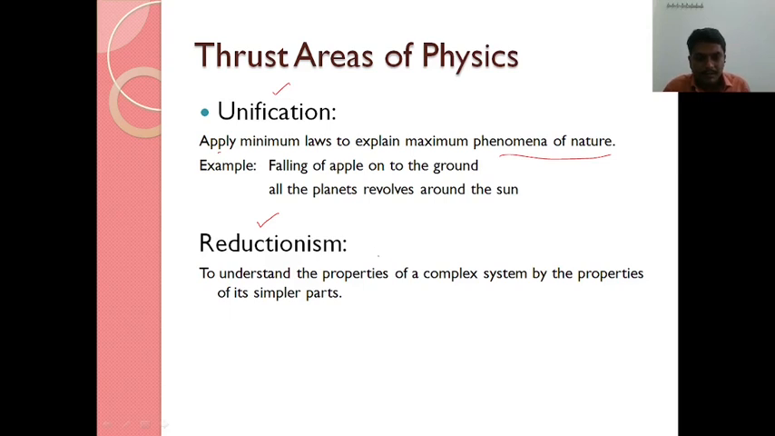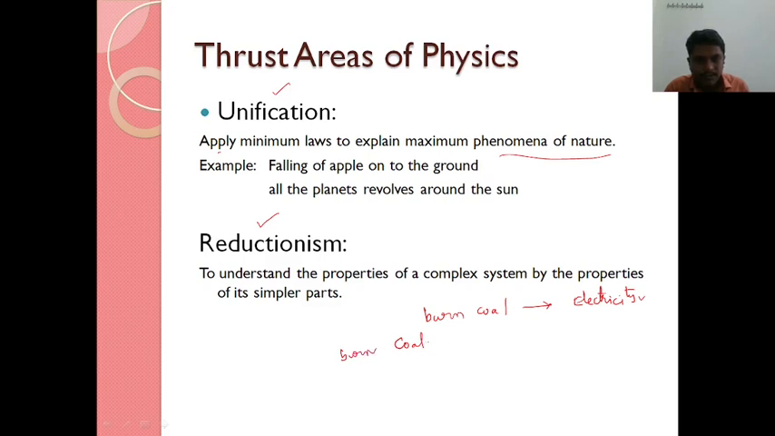For example, when you burn coal, our aim is to generate electricity by burning coal. Okay, we cannot explain this with one principle. Why? It is a complex system. Okay, so when you burn coal,